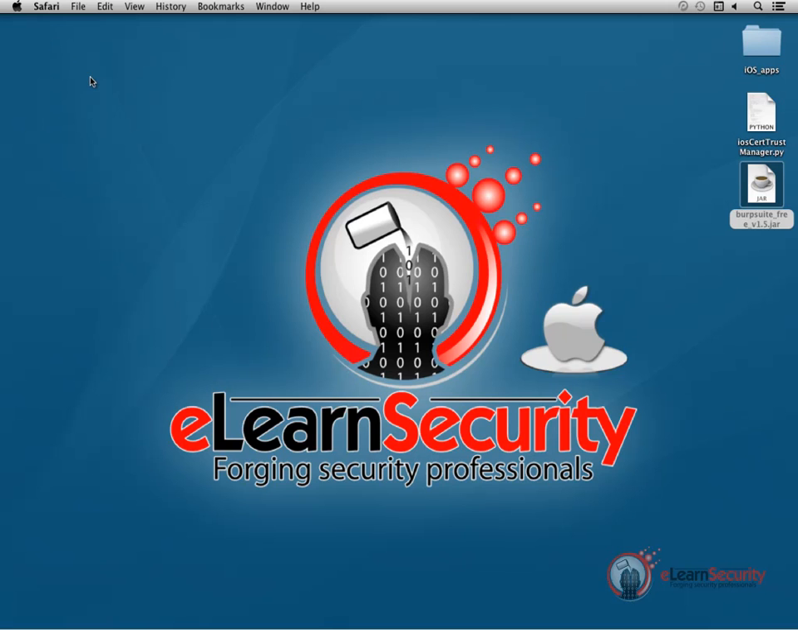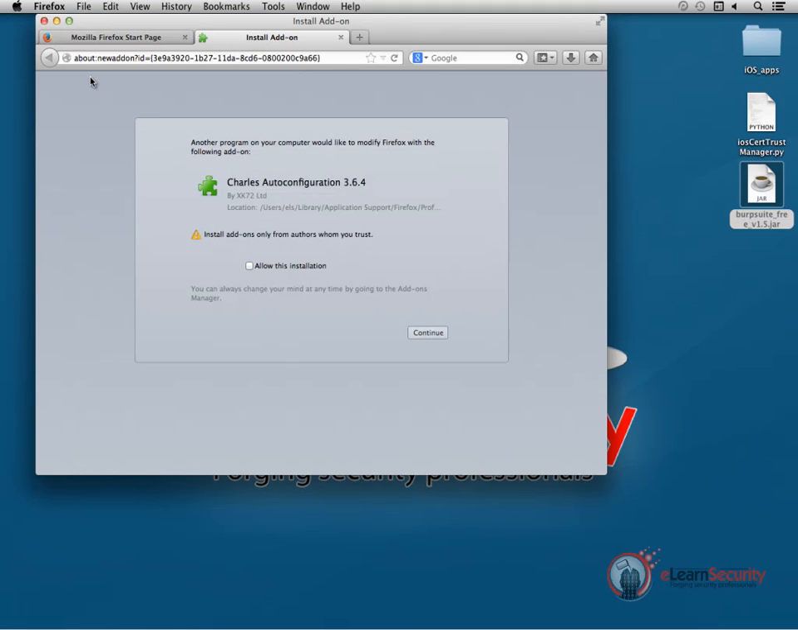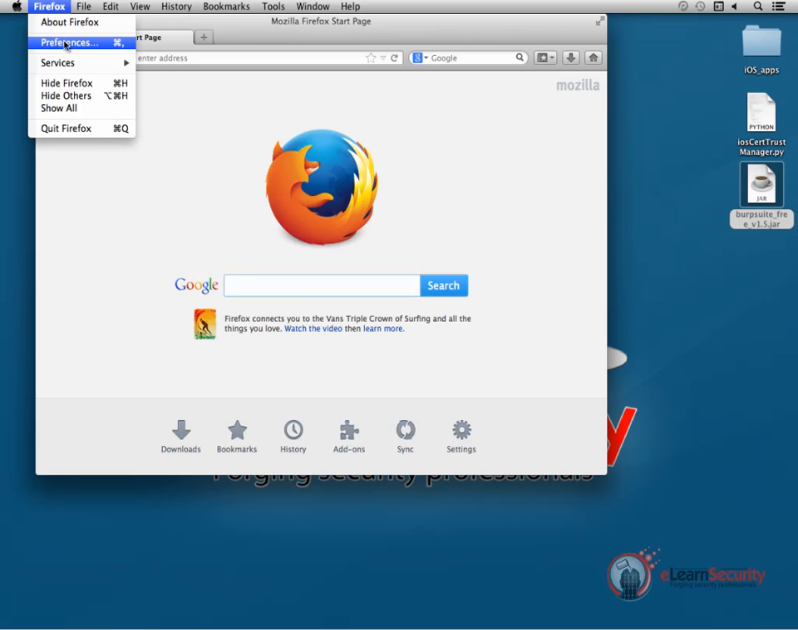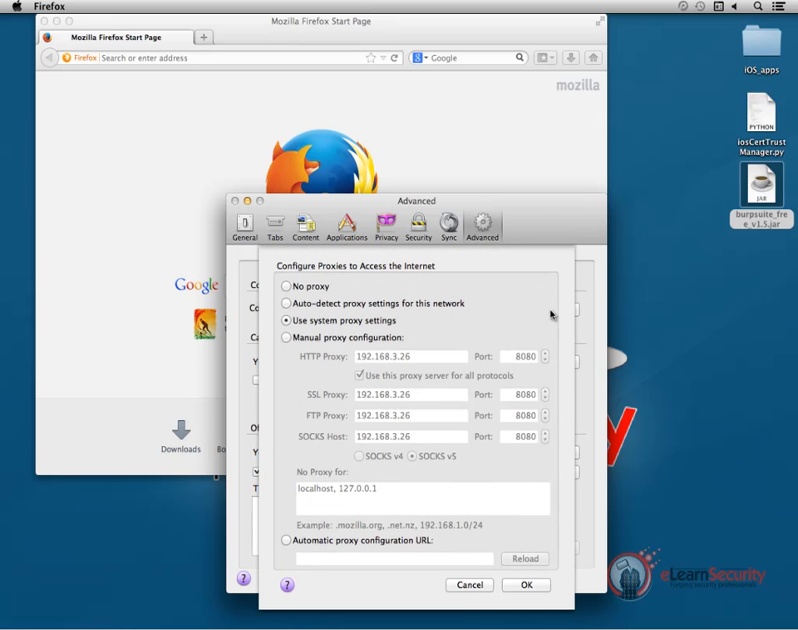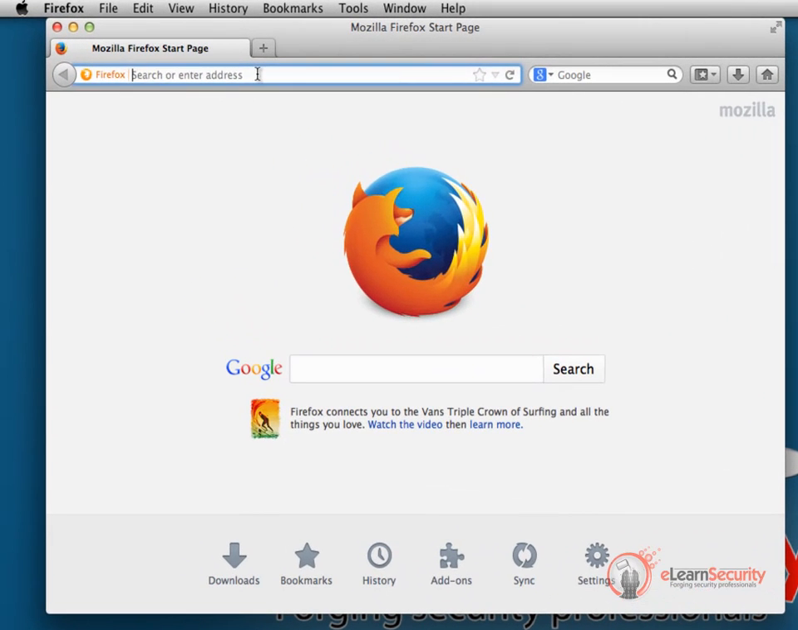Let's open Firefox and configure it to work through the proxy. So let's click Firefox, Preferences, enter in the Advanced tab, go to Network, then Settings, and enable the manual proxy configuration. Now that Firefox has been set, let's load the address